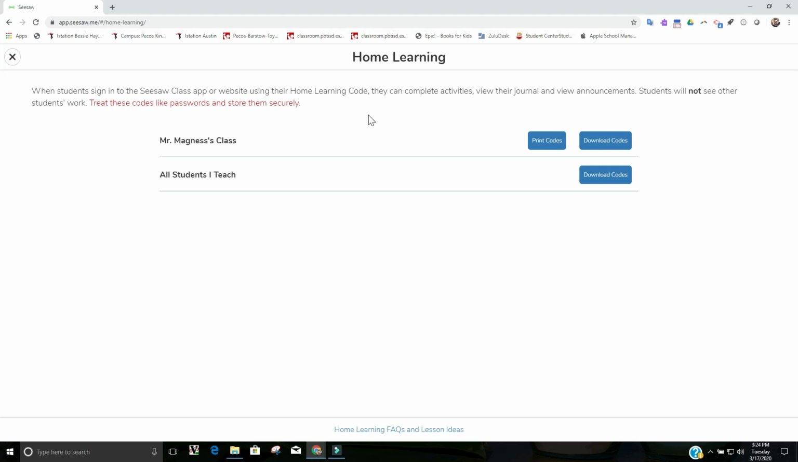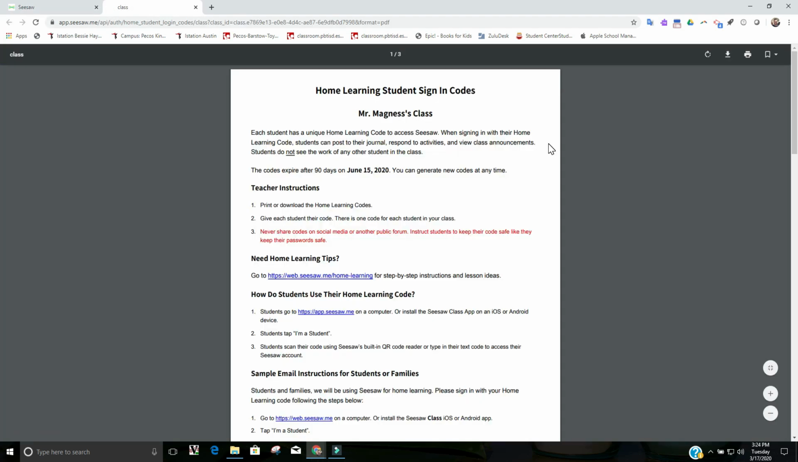The codes we're going to give them, it's recommended that the kids treat them like passwords and store them securely. I recommend if you're going to get these codes that you print them off, especially if we're dealing with the younger kids. We want to go ahead and print the codes. So we hit that Print Codes button. From here, it pops up with a PDF for you to print,